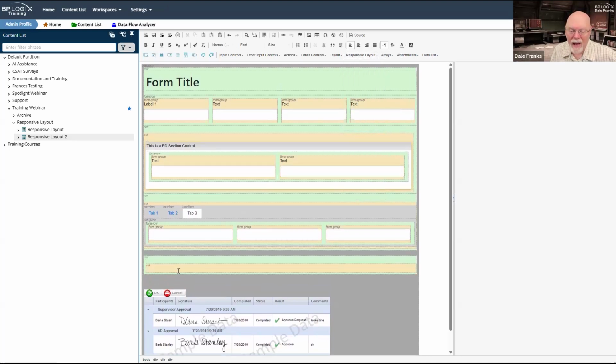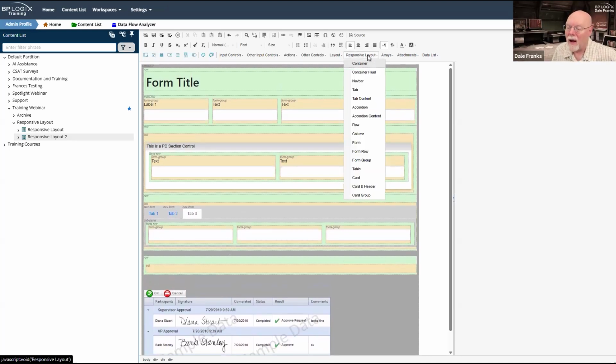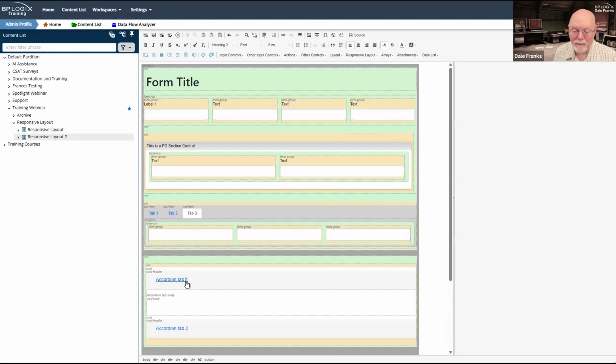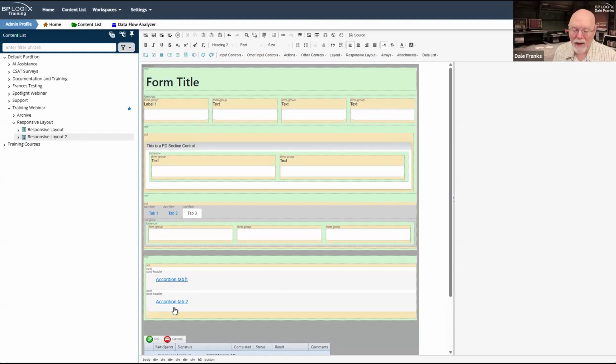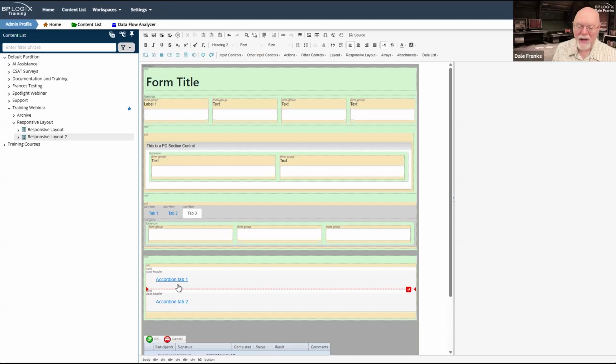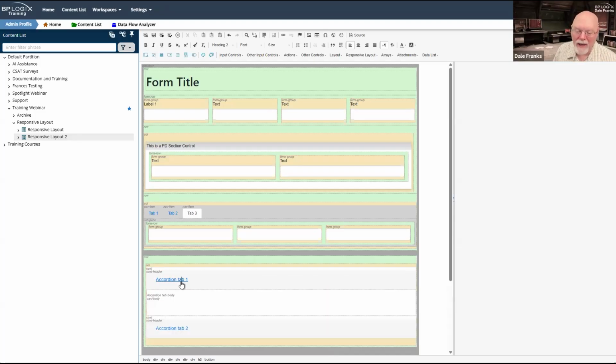And then inside this column, I can go ahead and throw in the accordion control. What the accordion control is going to do by default is give me two accordion tabs. And when I click each one of these accordion tabs, it's going to open up the section below it.